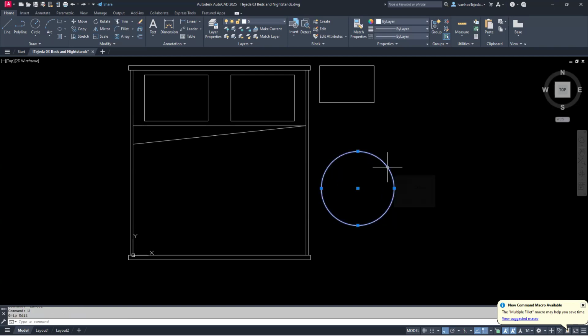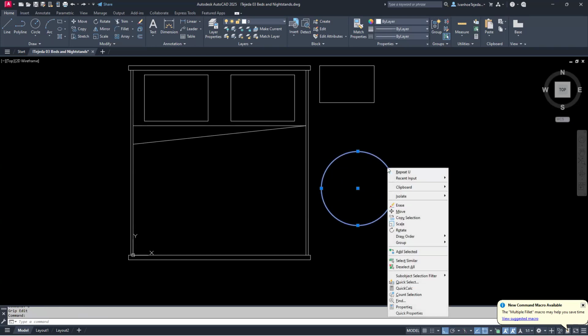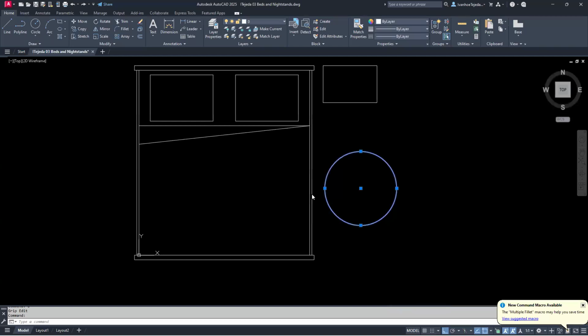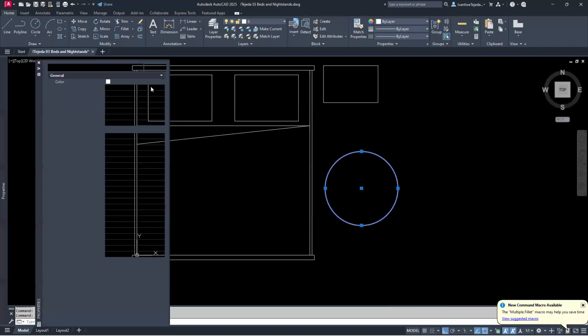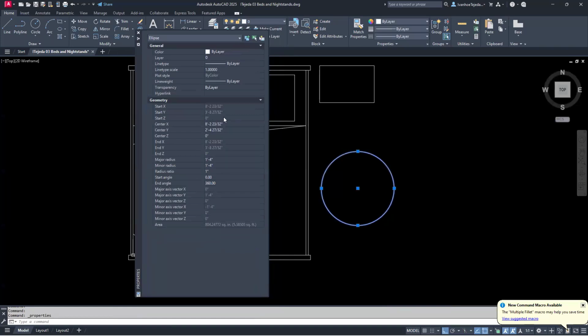The other thing I could do, if you're interested, I have it selected, right click, go to properties. And this is a properties window. And this gives me all the properties of that selected object. And from here, you could see I have a major radius and a minor radius. So what happens if I change the minor radius here from 1 foot 4 to 8 and enter? That changes it right there. So if you want to, you can input the values here through the properties,